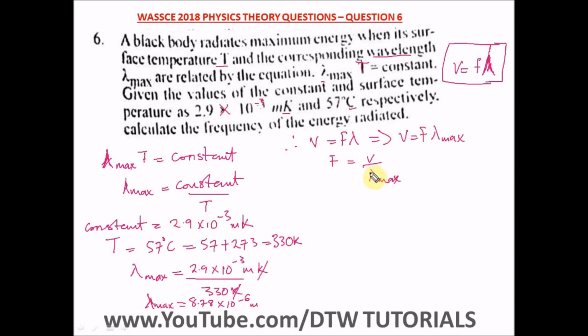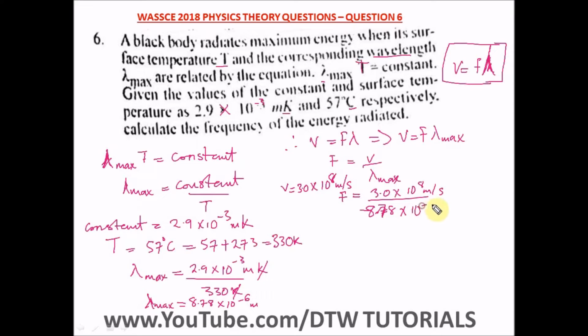Okay, so here, what's the velocity of light? We also have to state it. Velocity of light, V, you state it somewhere here. V is equal to 3.0 times 10 raised to the power 8 meter per second. We were supposed to have stated it close to where we stated our values. So F is equal to 3.0 times 10 raised to the power 8 meter per second divided by our answer here,